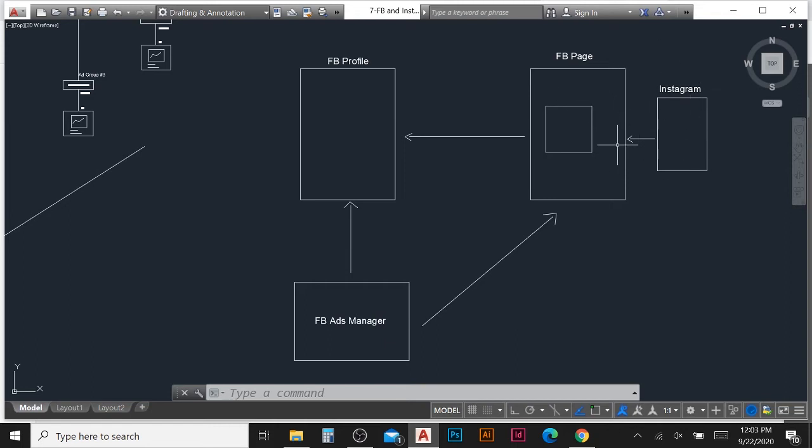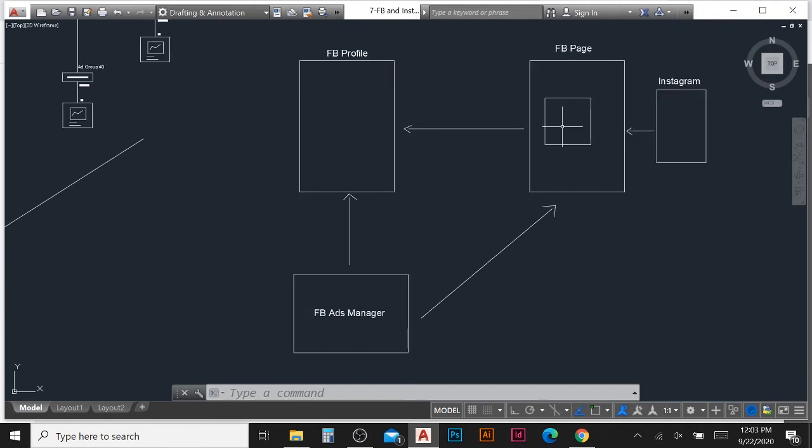Both of them are connected here, and for this business page, this personal profile is the admin. Now this Ads Manager is connected with the personal profile, and if you have any pages in your profile, for example this page, and Instagram is also connected with the page, now you can do the advertisement.